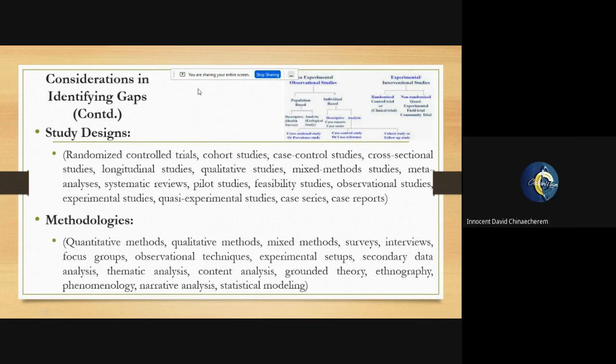So also, now we're going to put in further considerations, which could be based on designs. You could see a topic like a systematic review of randomized control trials. So the gap could be that other systematic reviews have used maybe randomized or cross-sectional studies, because